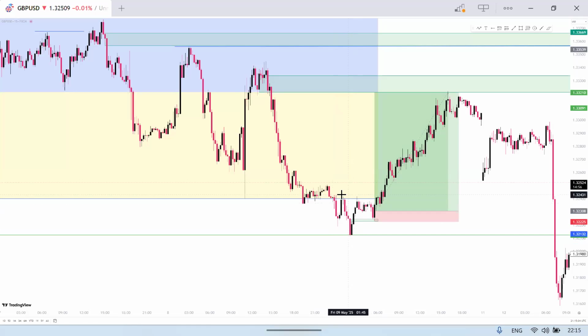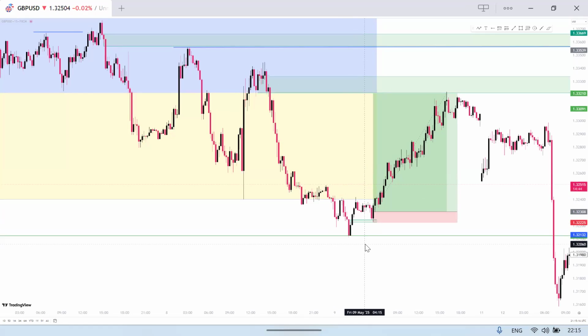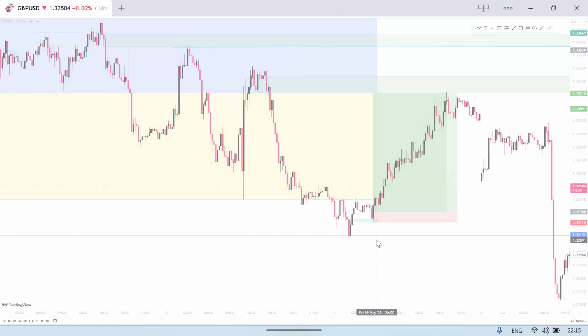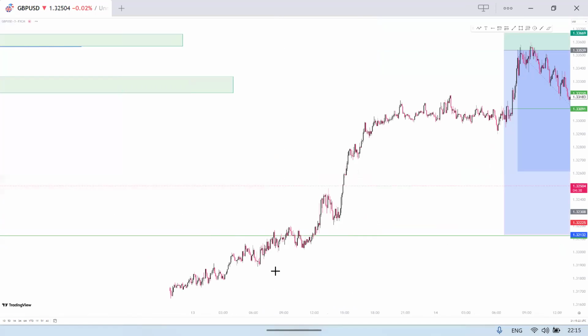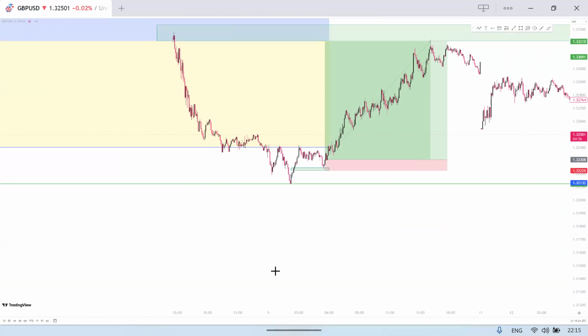Then price went above to break it by a week, break above this by a week, then gave me a pullback for liquidity. Then I marked this FVG here. Then price came into it, and after price came into it, I dropped down to the 5-minute time frame to use candlestick confirmation and take my trade, which is what I did here